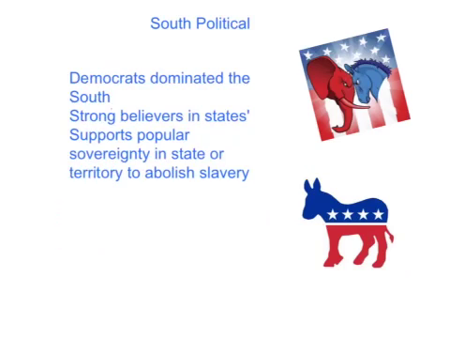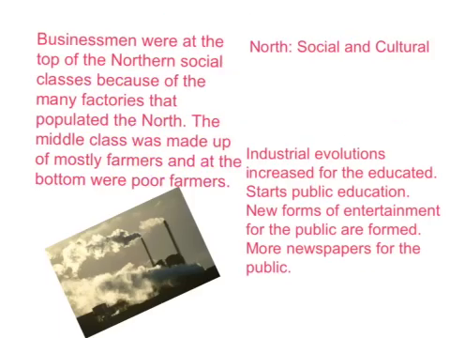The Democrats dominated the South. They were strong believers in states' rights, and their fear for the abolishment of slavery led them to nullify the North's federal laws. Due to the North being an industrialized nation,